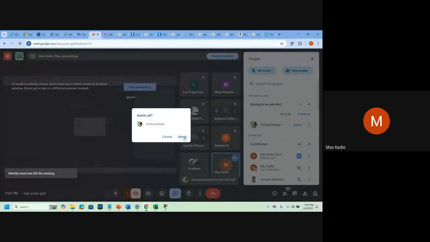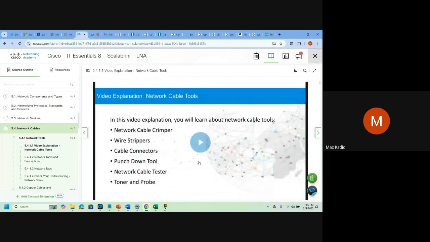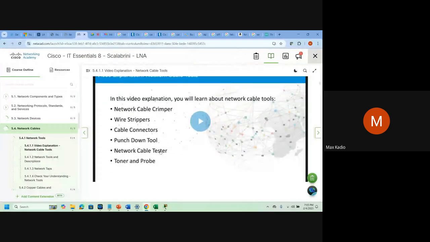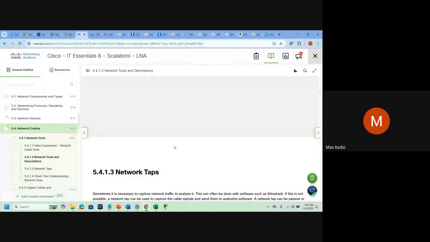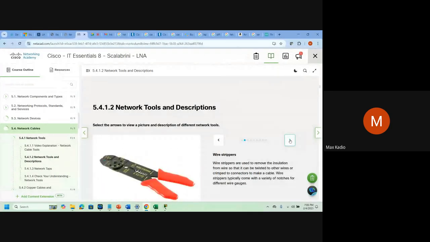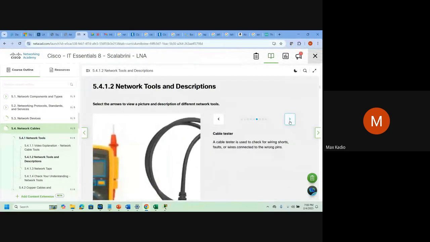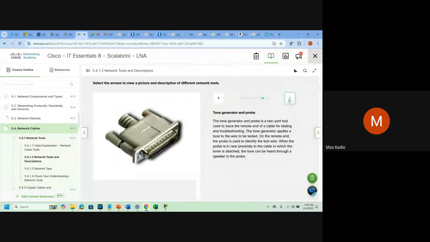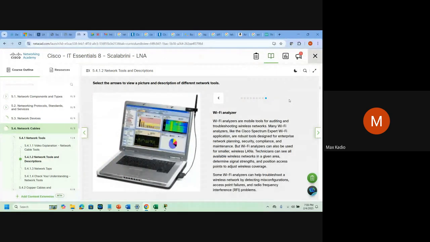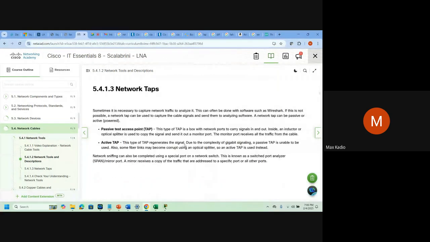When it comes to cabling, you also have a video that will explain how to build a network cable. Nowadays, we don't do that. You go buy, done. But it's good for you as a network engineer to know how it works, so it's good to watch. You have a cutter if you want to build. It was at our time. We used to use all this equipment before. Nowadays it's straightforward. You buy, plug, done, finished.